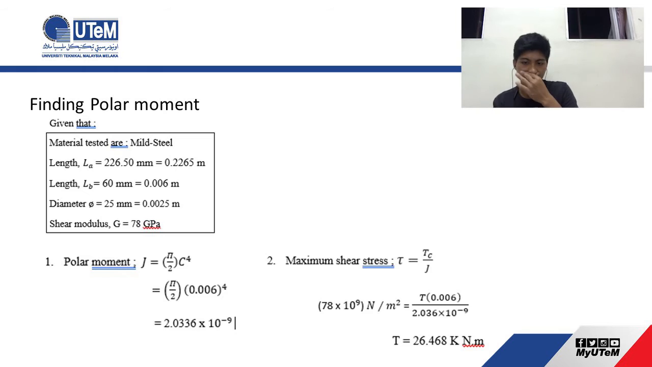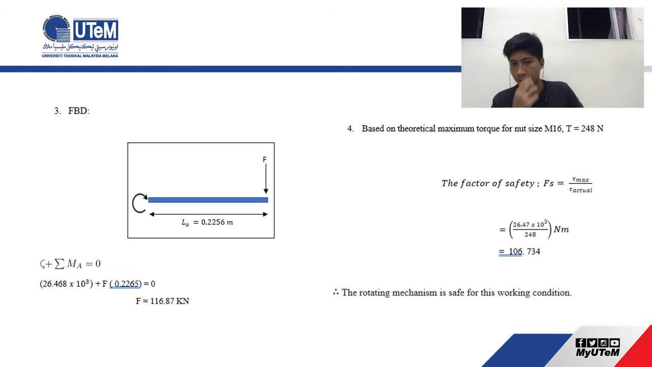As given, tau is equivalent to the shear modulus G, so we put tau as 78 times 10 to the power of 9 Newton per meter squared, equal to T times C, in which C is the same value as LB, over J, where J is the value that we got from the previous polar moment. After we solve the equation, we got T equal to 26.468 kilonewton meter. So to summarize,